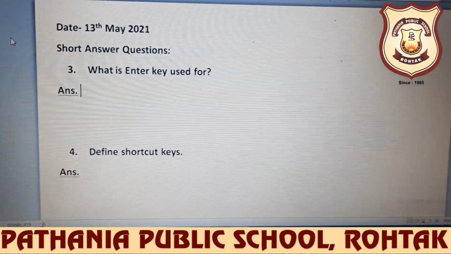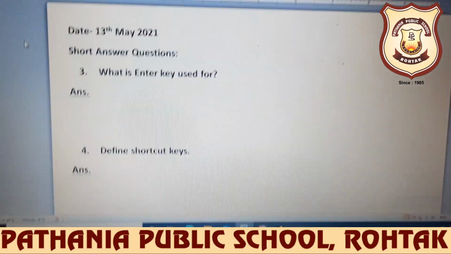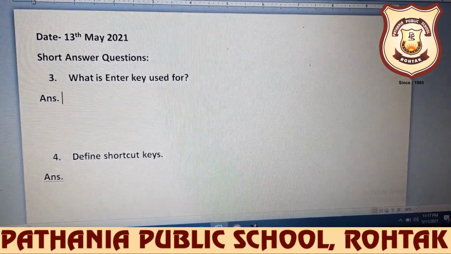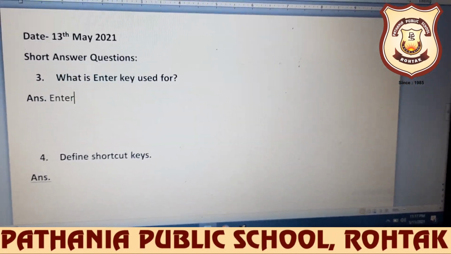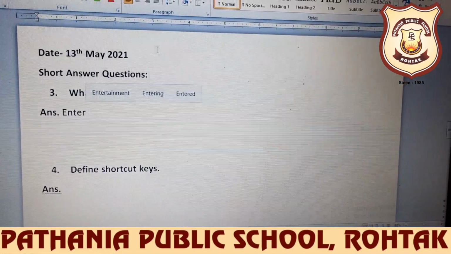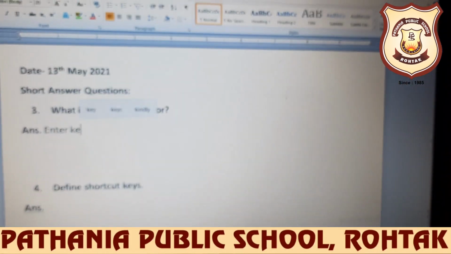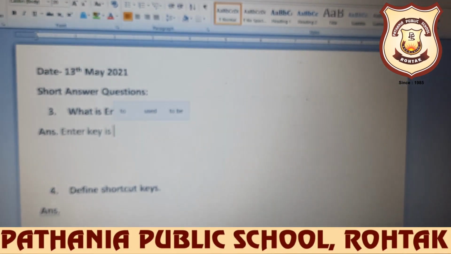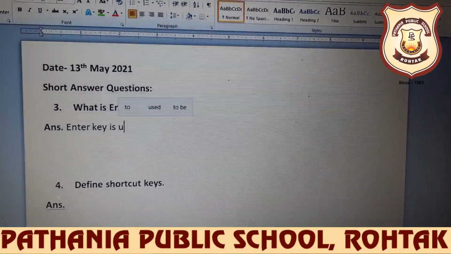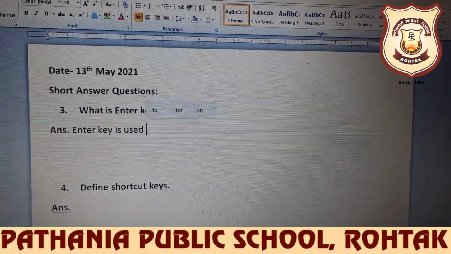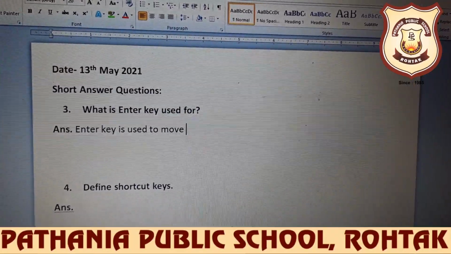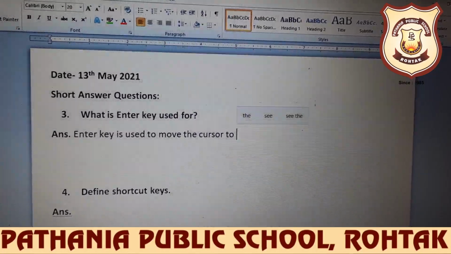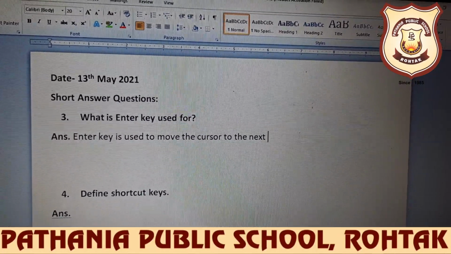Okay, so we'll write here that enter key, just write with me and write in neat and clean handwriting. Enter key is used to move the cursor to the next line.